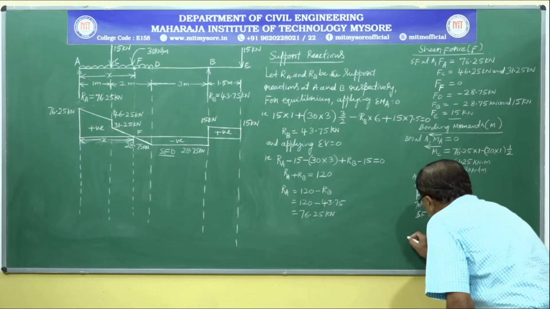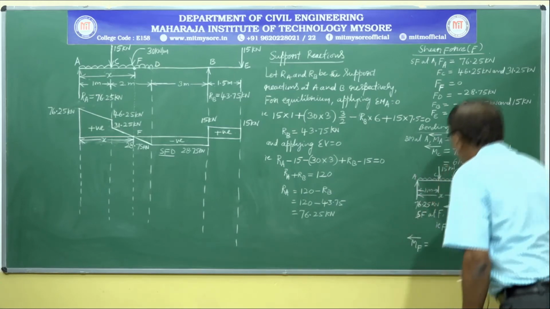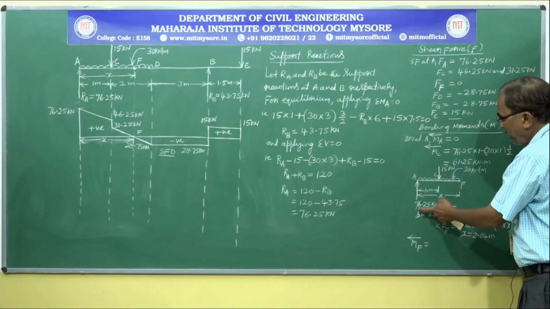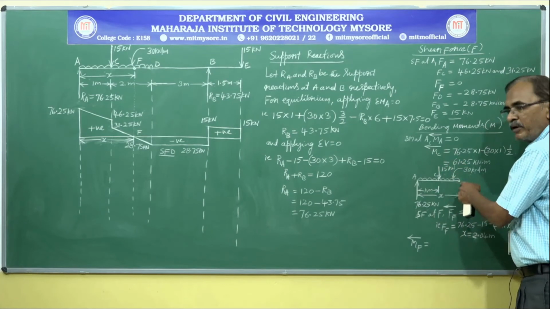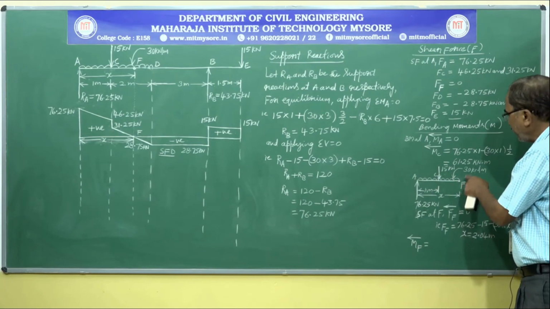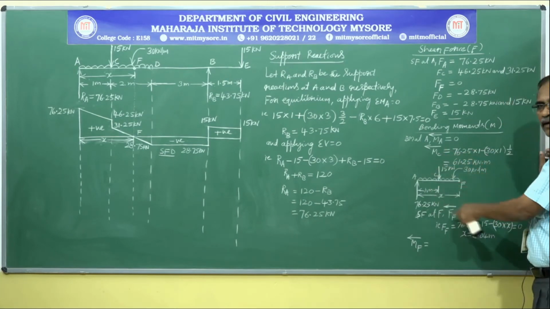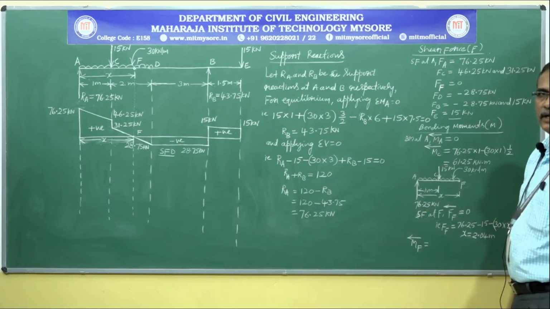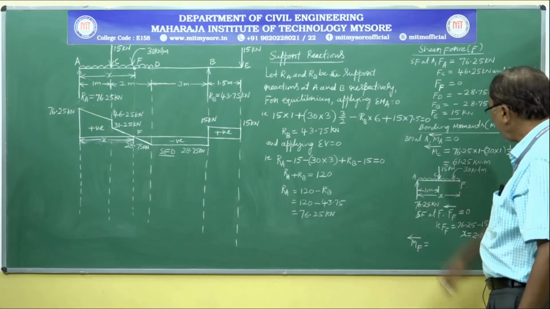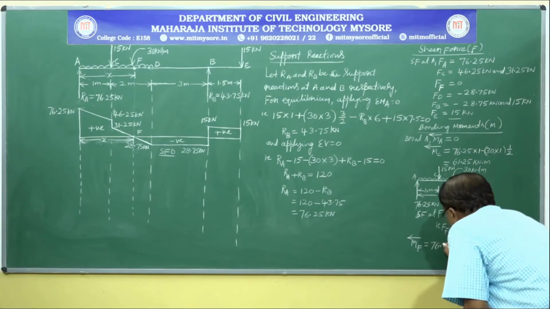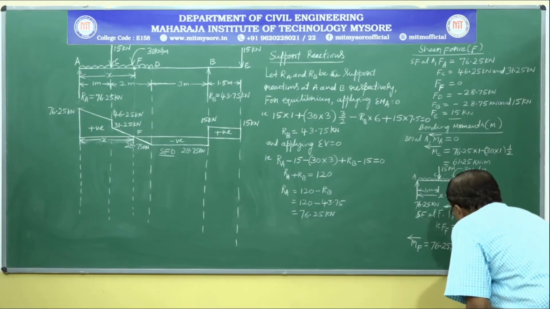MF by considering forces to the left hand side is equal to, again there are three loads here. A support reaction, it is creating clockwise movement about point F. A point load, it is creating an anti-clockwise movement about point F. This UDL is also creating anti-clockwise movement about point F. To the left of the point, treat clockwise as positive, automatically the anti-clockwise movements will be negative. 76.25 kilonewton multiplied by this distance we calculated, 2.04.